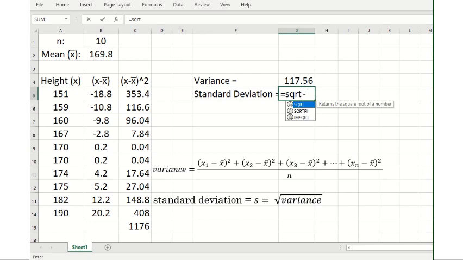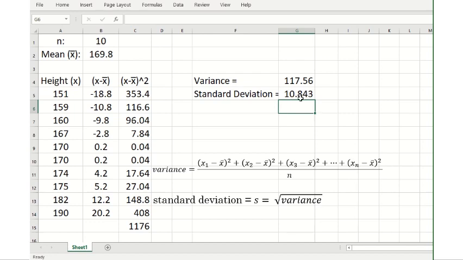Those four letters will take the square root of whatever cell I click on after I open a parenthesis. SQRT is the Excel function for square root. So after typing equals SQRT and opening a parenthesis, I'll click in cell G4, the cell that is storing the variance, and press enter. And this gives me the standard deviation,